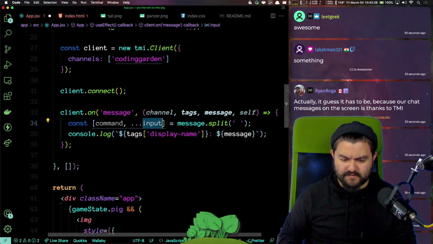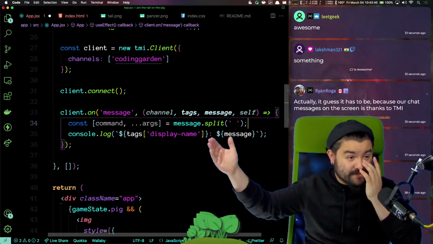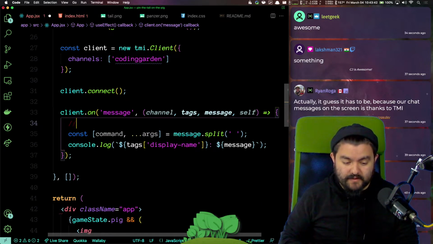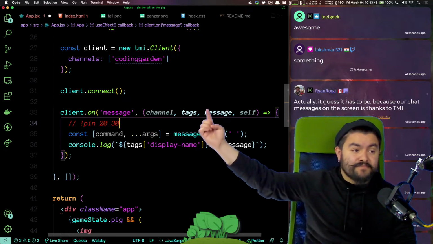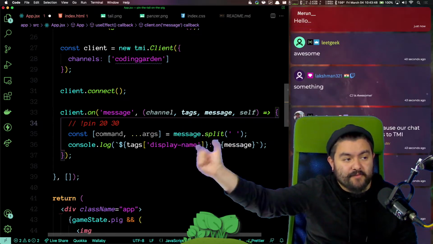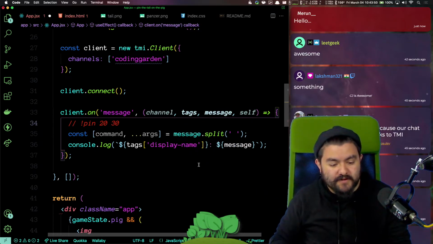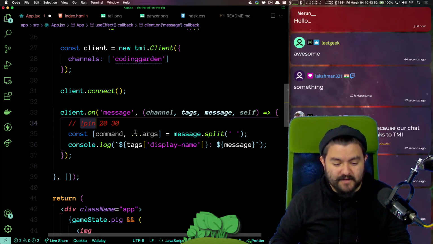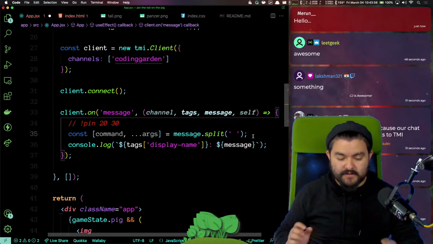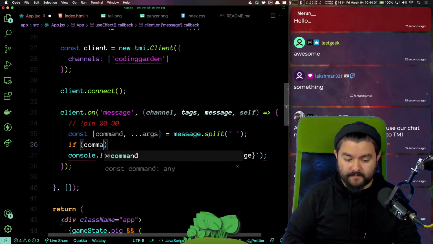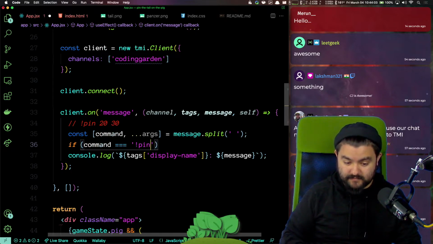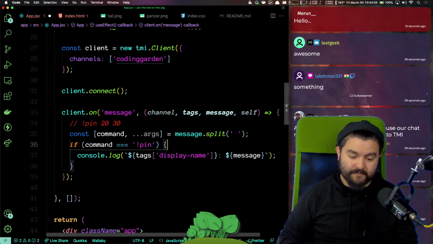And I guess the rest of these are the args. So if someone sends a message like !pin 20 30, if we split that on spaces, we're going to get an array of 3 things. The first thing in the array is going to be the command, !pin, and then args is going to be an array that includes those 2 things. So that's good. And then right here, we'll just validate it. So we'll say if the command is equal to pin, do the thing.